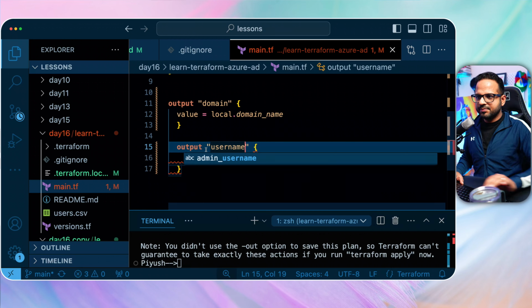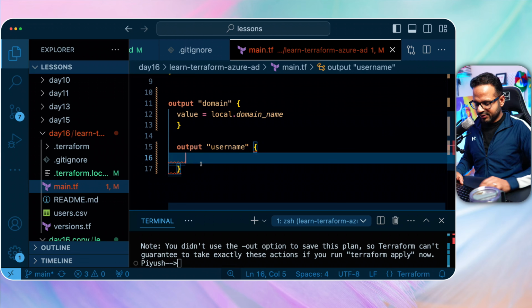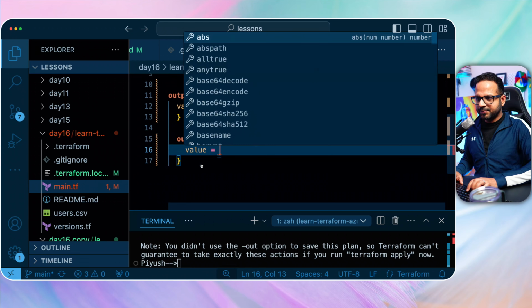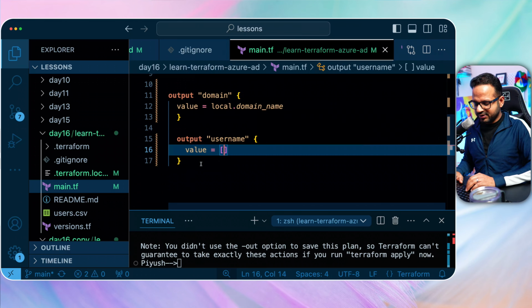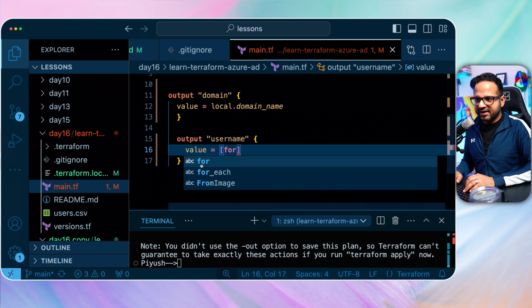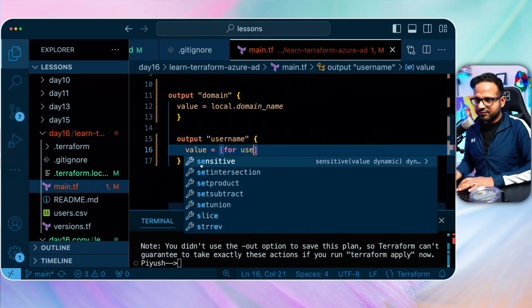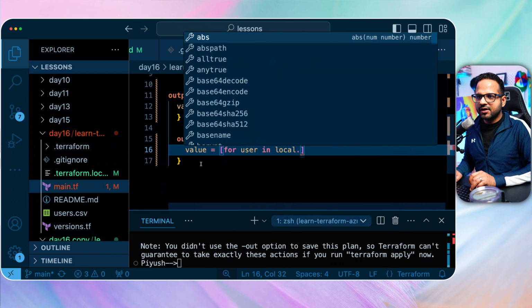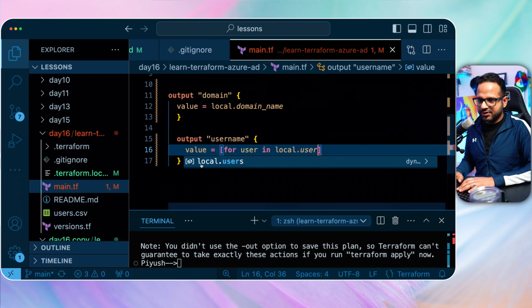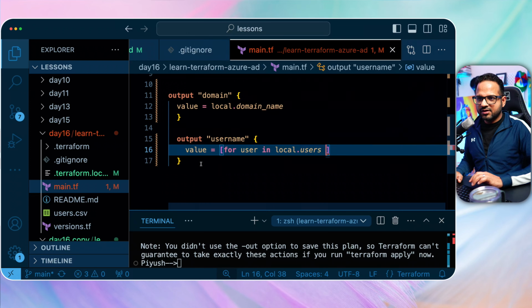Put username, okay, and the value should come from local, right? But there are multiple values, it's a map, so we have to iterate it with the help of a loop. So let's put that in square brackets and use a for loop. So for user in local dot, what was the name, users, okay, and colon,